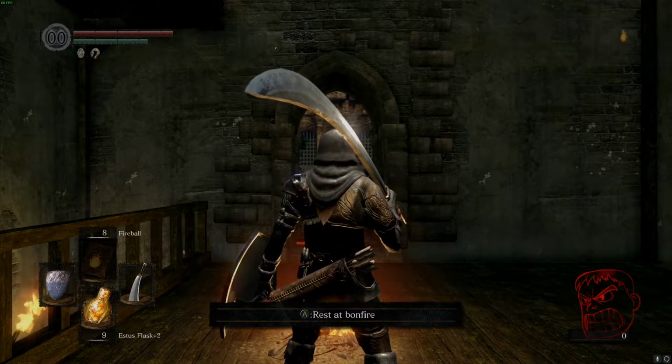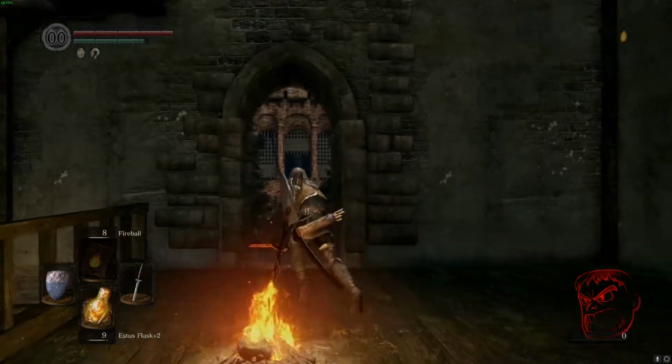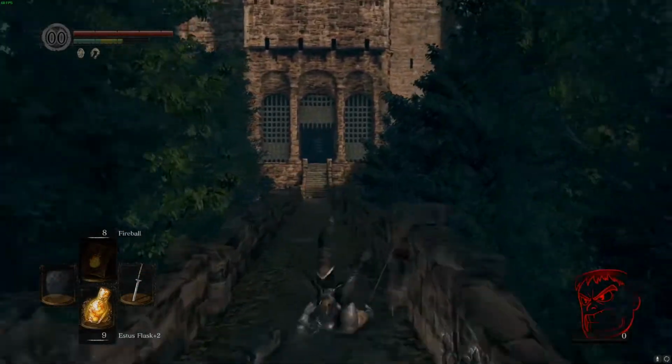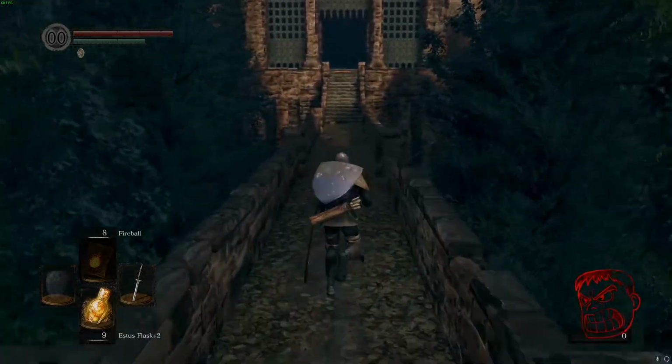But that is Sin's Fortress, so we will take that. You know what I'm going to do? I'm going to equip my +5 Uchigatana through here, because I don't need to do as much damage, and it's quite a bit lighter. As you can see, I've got the ring on here. We'll switch it back to our dark wood ring,